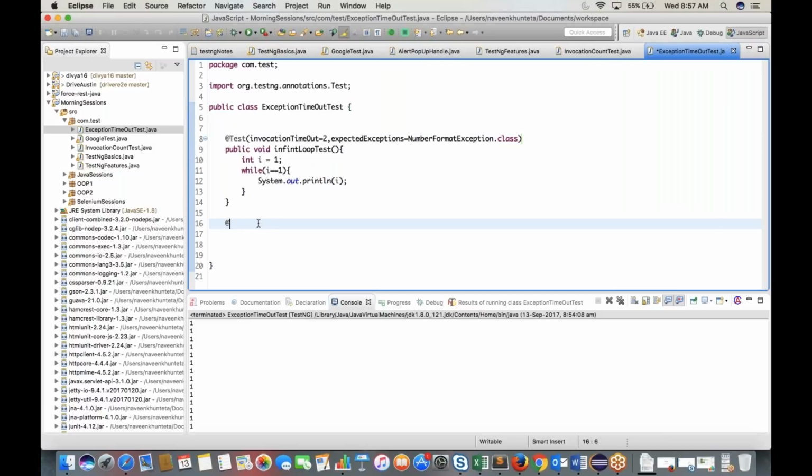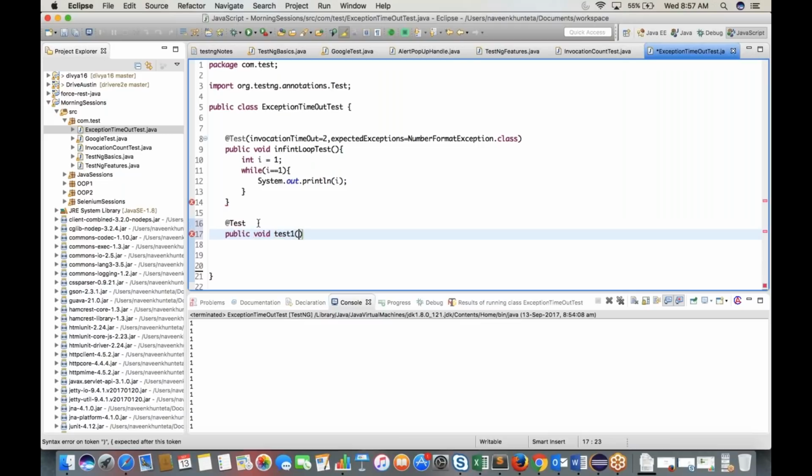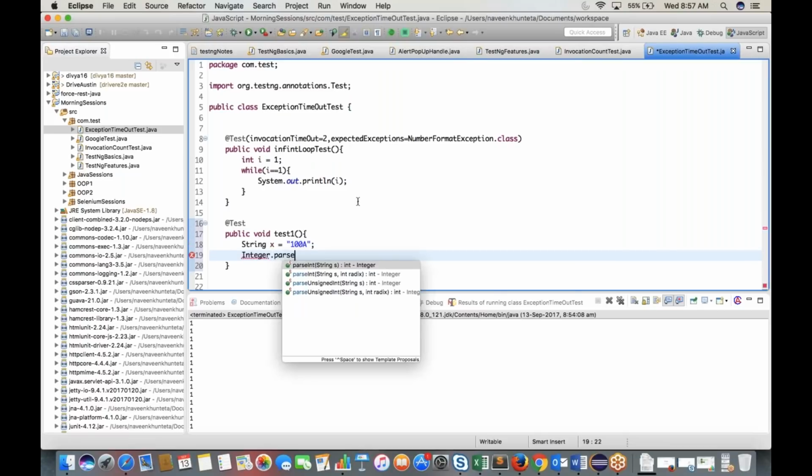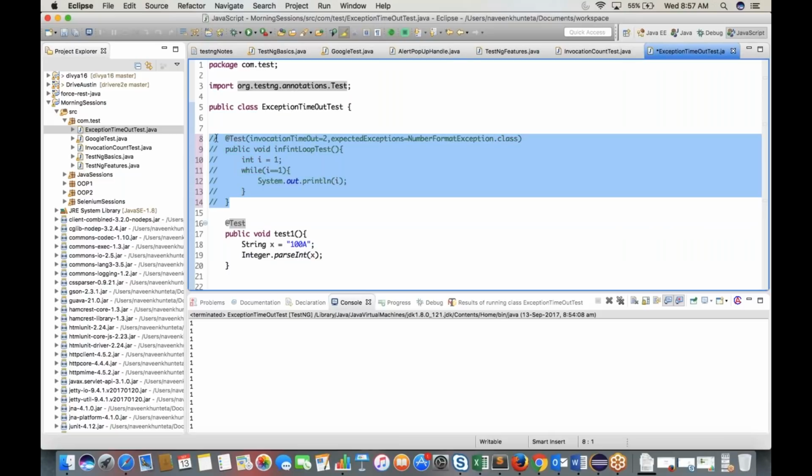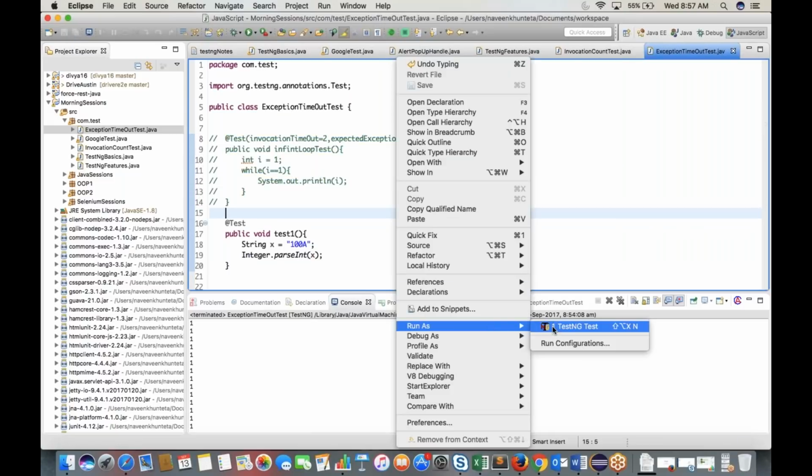So let's test. I haven't tested it either, so let's test. Public void test1. Let's see, I'm generating a number format exception. So how to generate a number format exception? I have one string. Remember string manipulation, wrapper classes, and I'm converting this with Integer.parseInt(x), right? And obviously, let's comment this first of all, otherwise it will give an infinite loop. So if you run this program, run as TestNG,